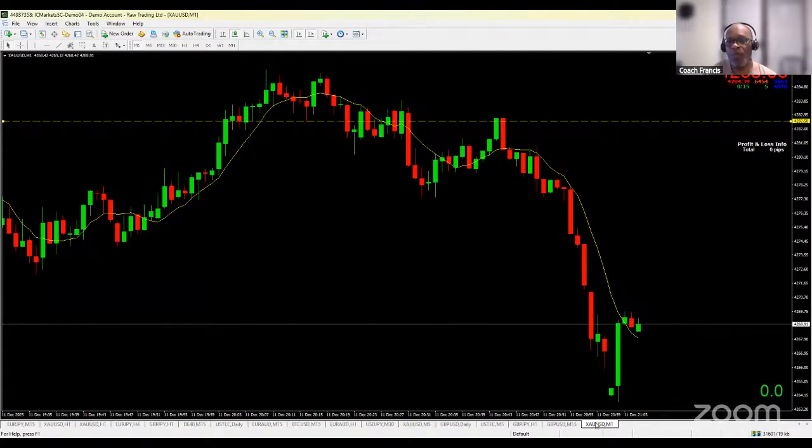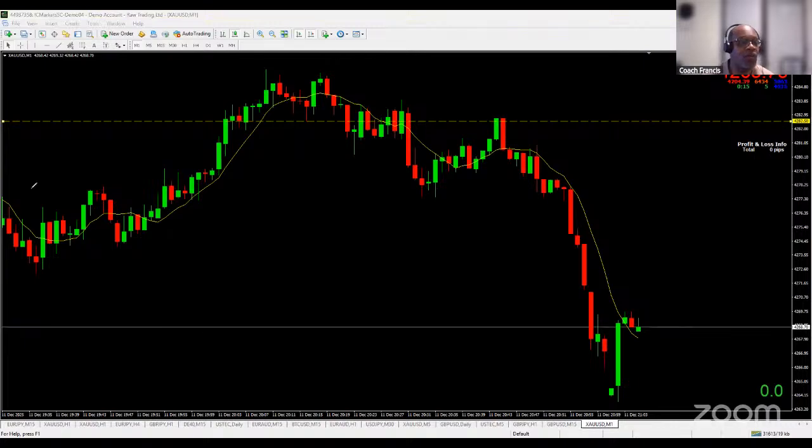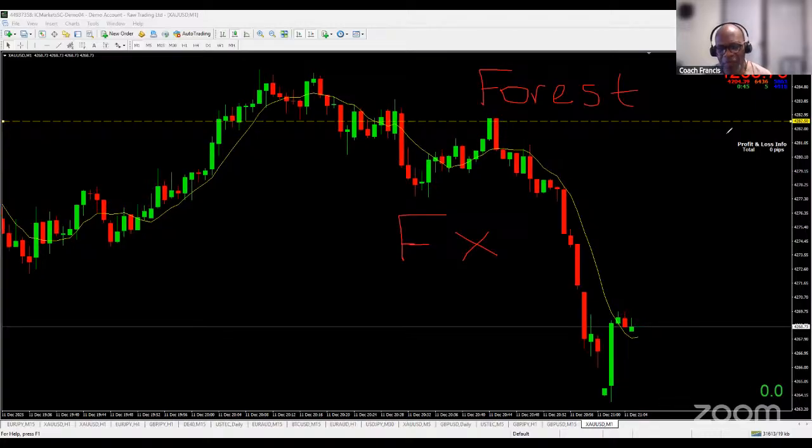Forex is otherwise known as the FX market. And it's a market that has been going on for centuries. It's not something that started yesterday. It has only just started getting popular, obviously with the advent of the internet, but it's something that has been there for hundreds of years.